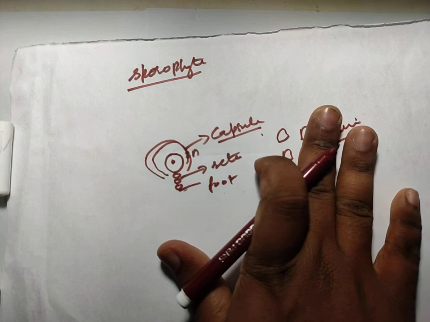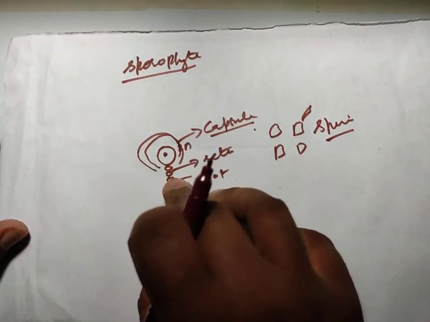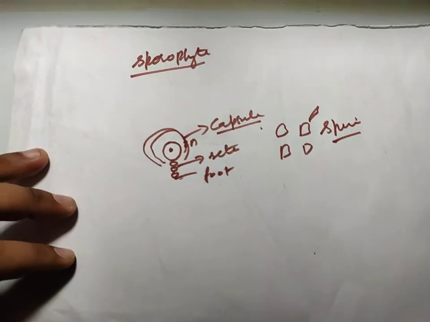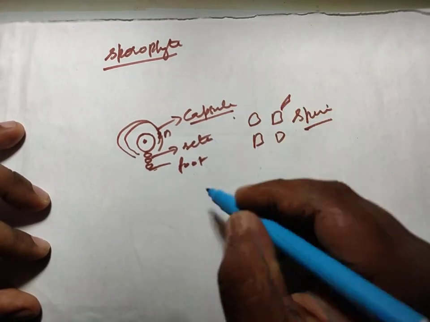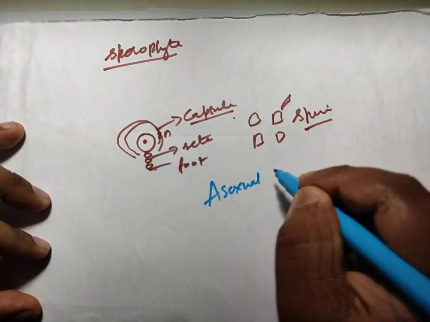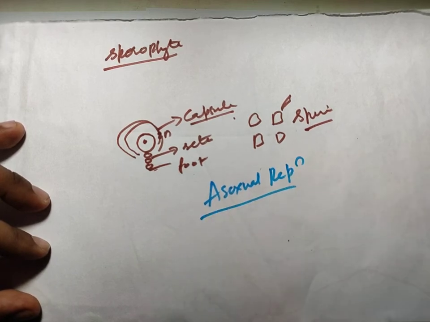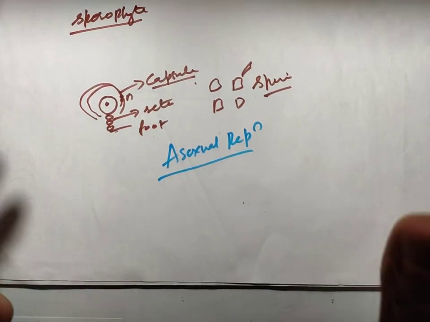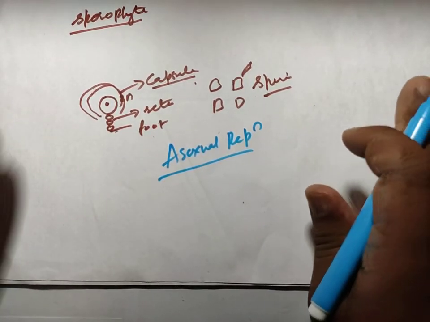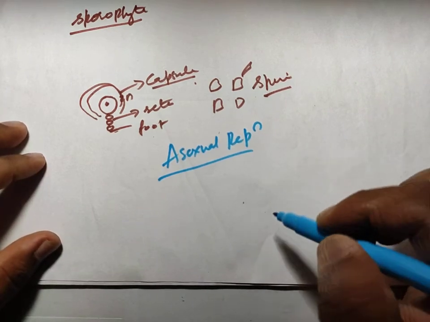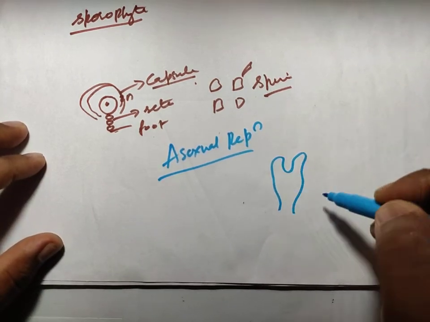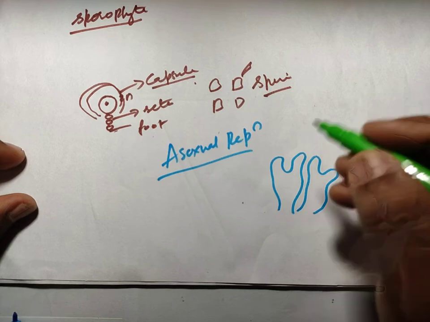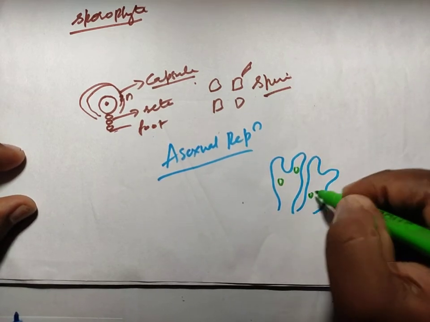Now, sexual reproduction in bryophytes is important as far as your PUC syllabus is concerned. Along with that, these bryophytes also undergo one more kind of reproduction, that is asexual reproduction. I did not tell you at the beginning because I didn't want to confuse you. In Riccia, the asexual reproduction is not that pronounced, but in Marchantia, you have a thallus like this. Imagine that this is a thallus. On the thallus itself, you have some round structures like this.